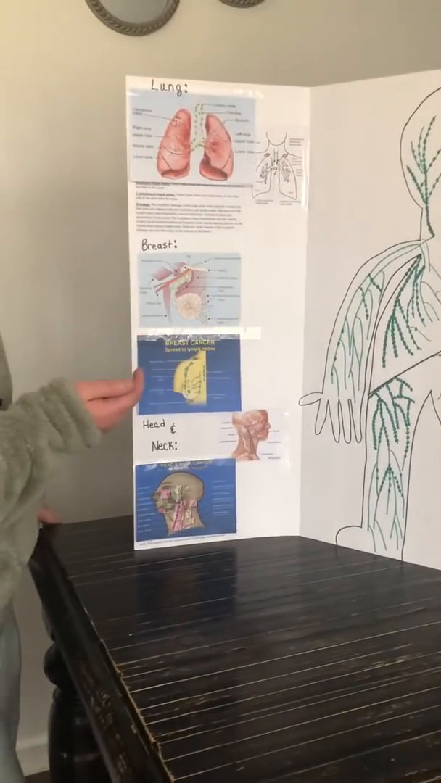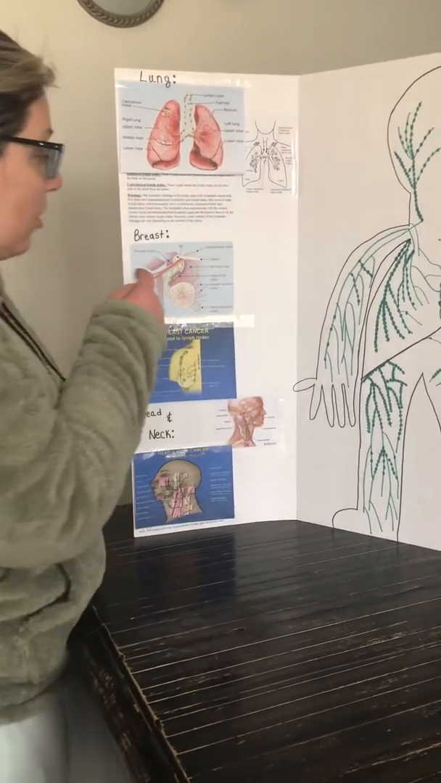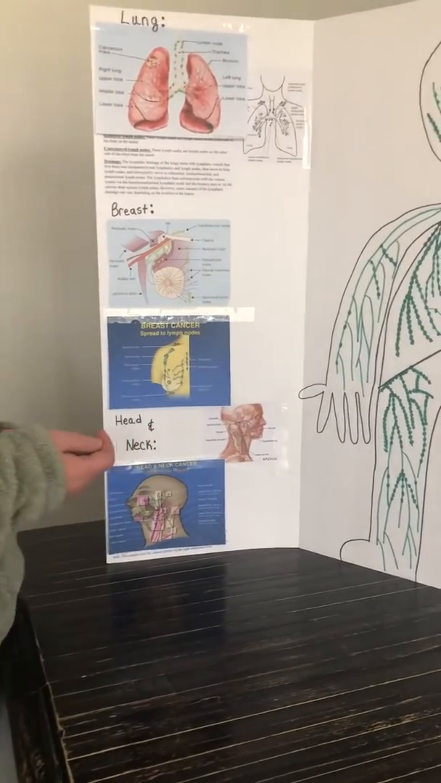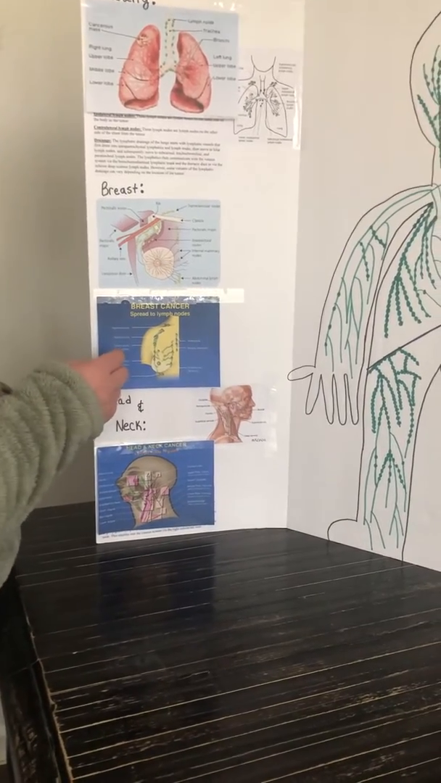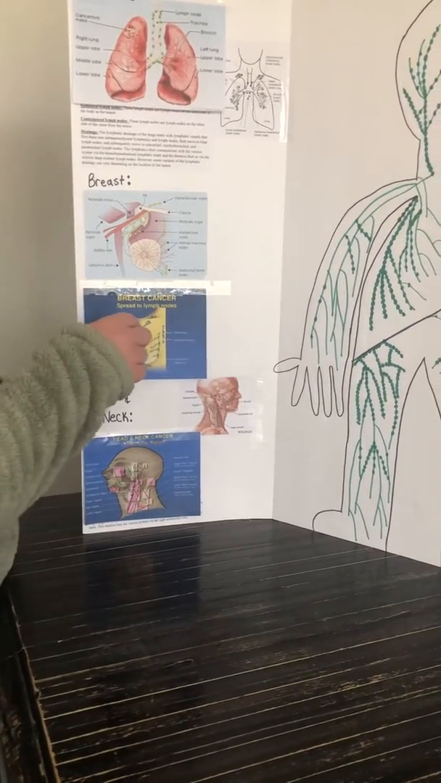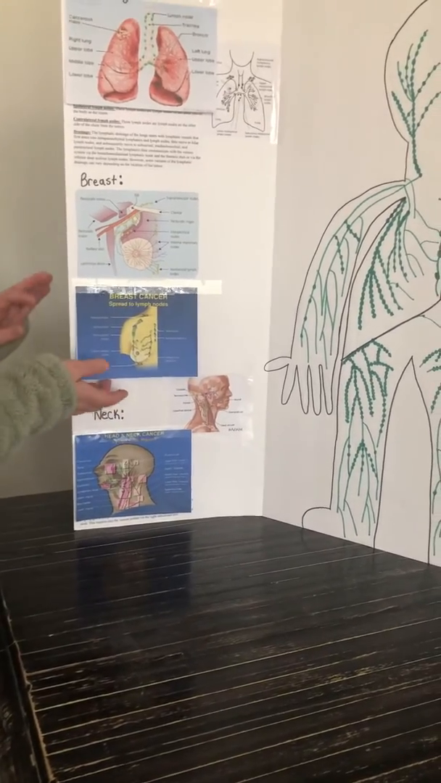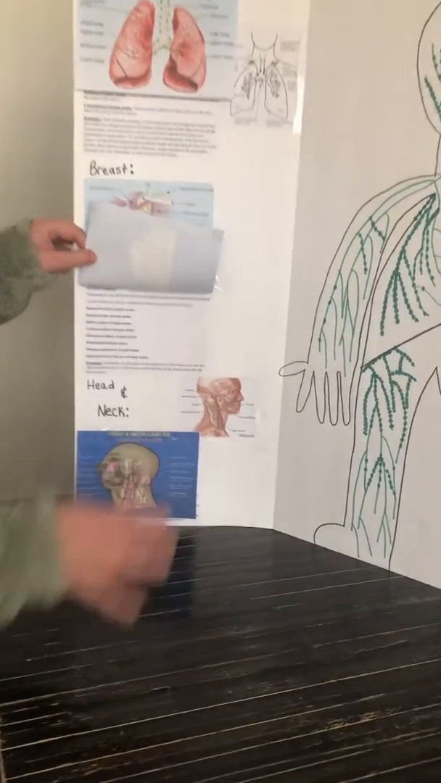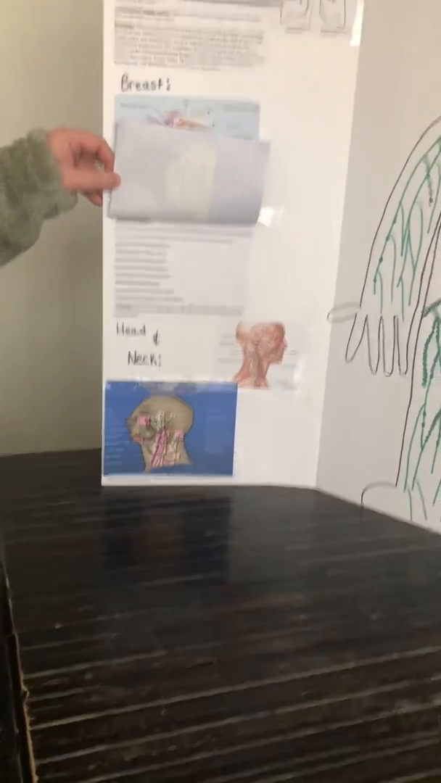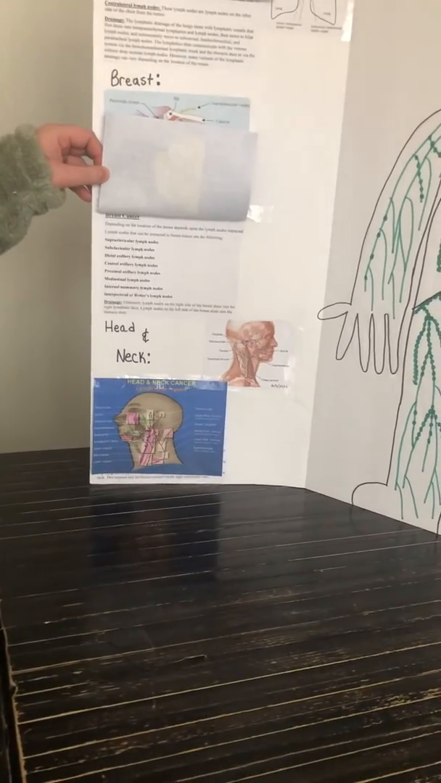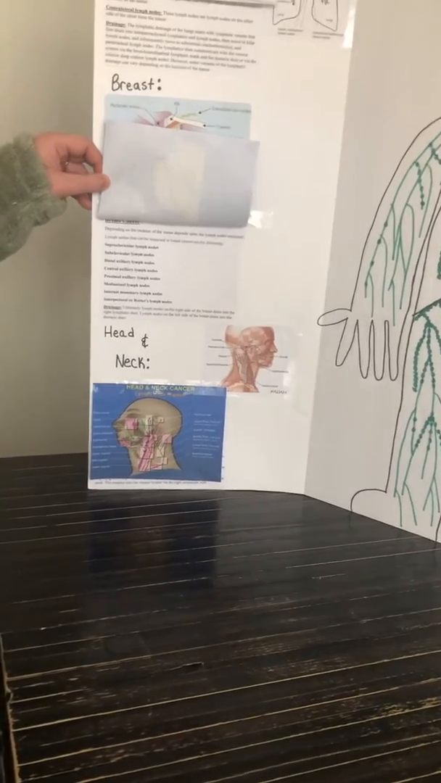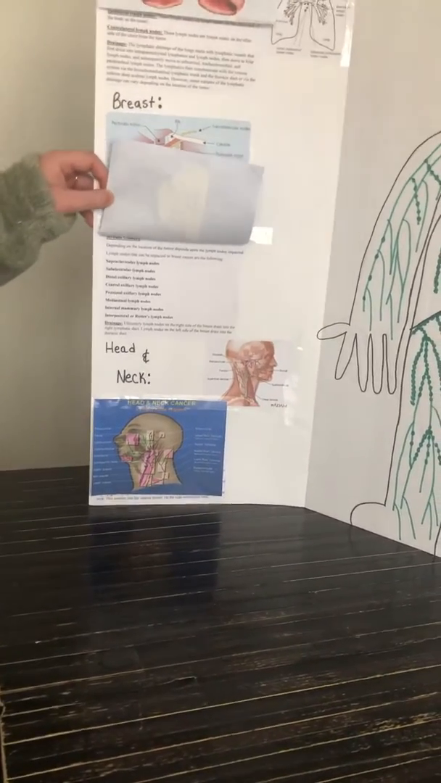So moving over here to the breast, I was sure to include a picture of the breast showing the lymph nodes that can be impacted from the spread of breast cancer. Here is just a diagram labeling the lymph nodes in the breast that can be impacted as well. So for the spread to the lymph nodes for the breast, again, it depends on the location of the tumor which lymph nodes are impacted. And the lymph nodes that can be impacted in breast cancer are the following: